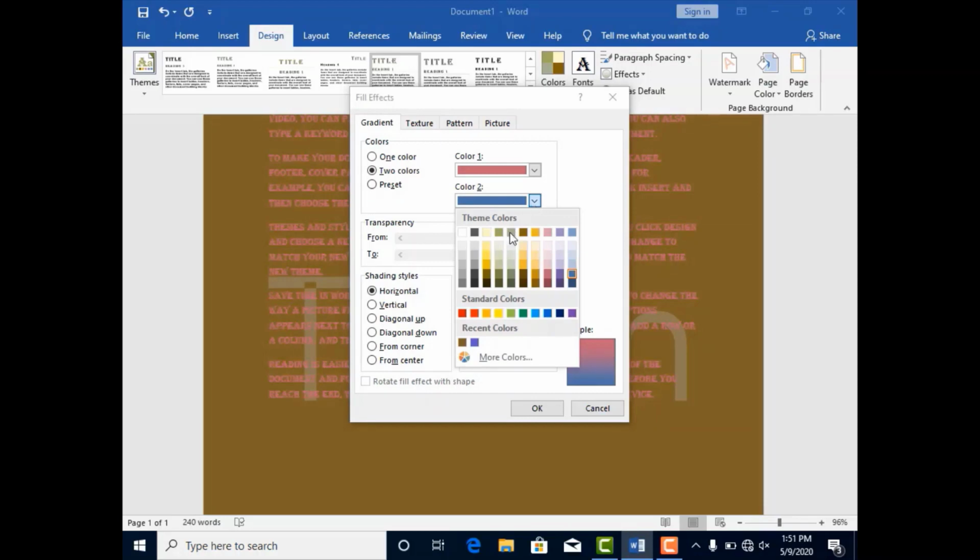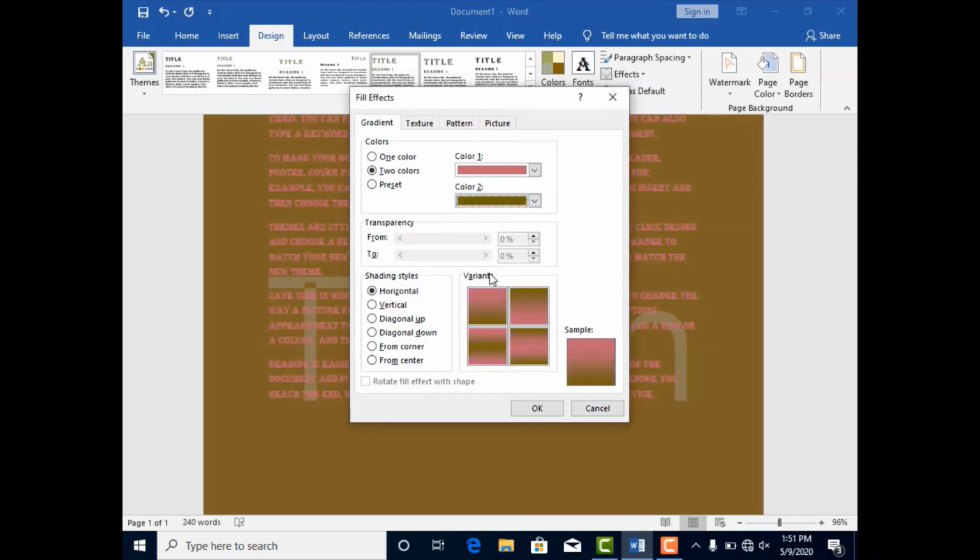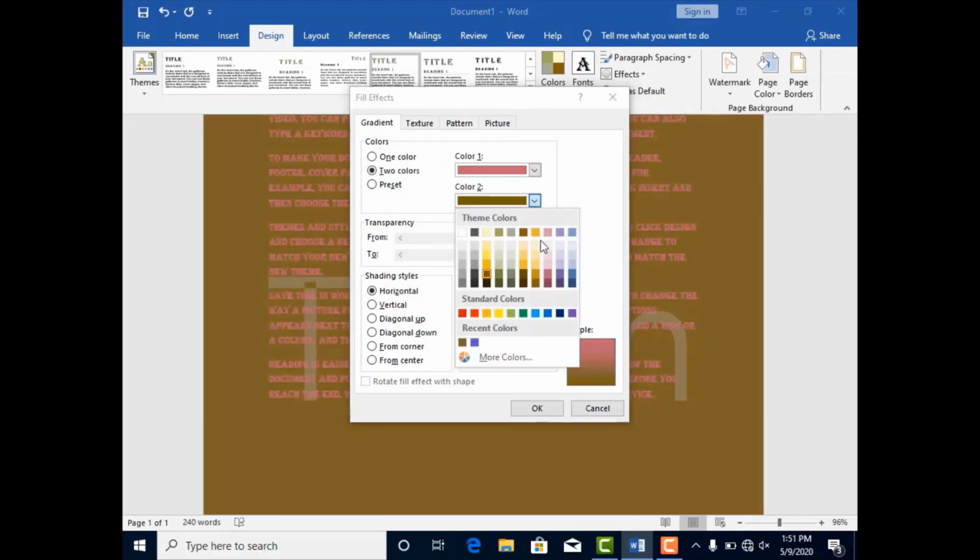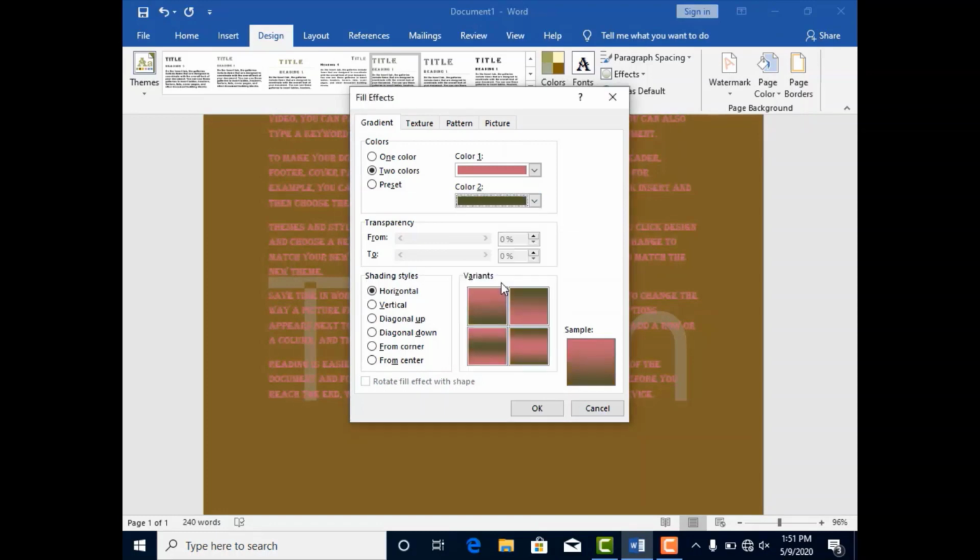Or no, it's not better. Let's choose a better color. I think that it's better. And you can see these colors, choose them, and there will be the sample that shows you